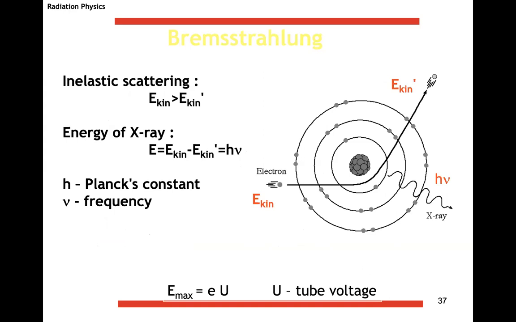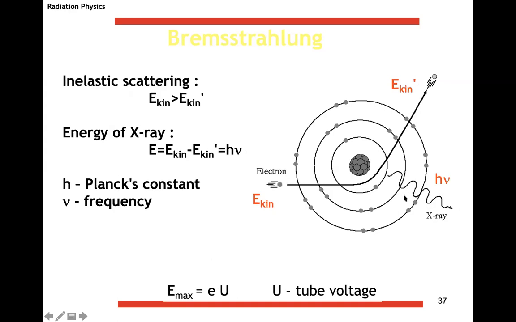Then we have the Bremsstrahlung that I didn't mention before, but of course the Bremsstrahlung is the basis for the production of X-rays, this one you know. Essentially, the Bremsstrahlung is the emission of photons from decelerating charged particles. If you are a braking charged particle, you will produce photons. The energy is shown here. It is the difference between the kinetic energy at the entrance, you always need a nucleus here, you need someone that slows down the particle, and the final energy. And this is now the energy of the Bremsstrahlung.